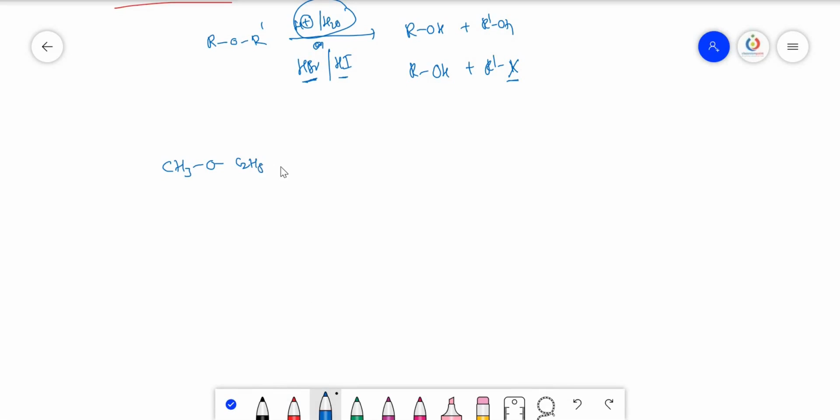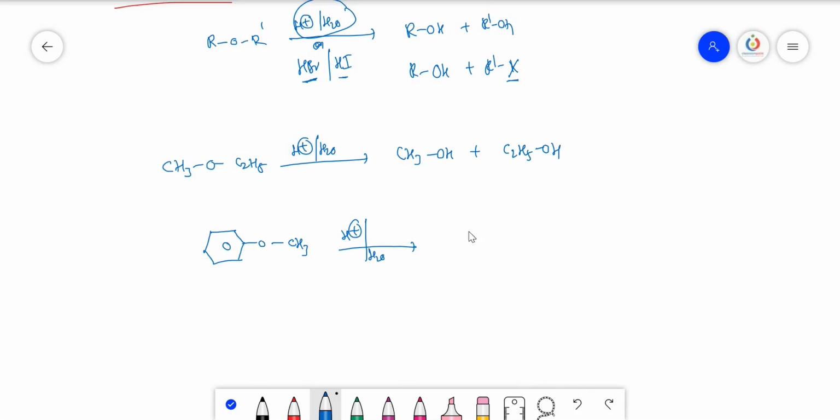CH3O C2H5, H plus H2O. To break this bond, both will become the alcohols only. So this is the methyl alcohol, and the second one is the ethyl alcohol. Now let us take another one. Use H plus and H2O, OH plus